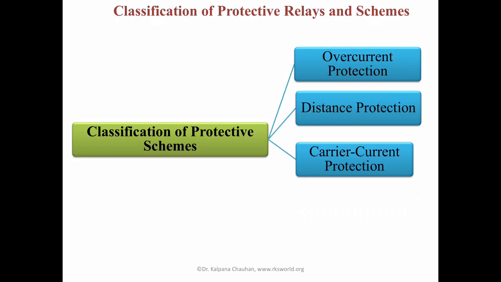Information regarding the direction of the fault current is transmitted from one end of the line section to the other. Depending on the information, relays placed at each end trip if the fault lies within the protected section. Relays do not trip in case of external faults. The relays are of distance type and their tripping operation is controlled by the carrier signal.